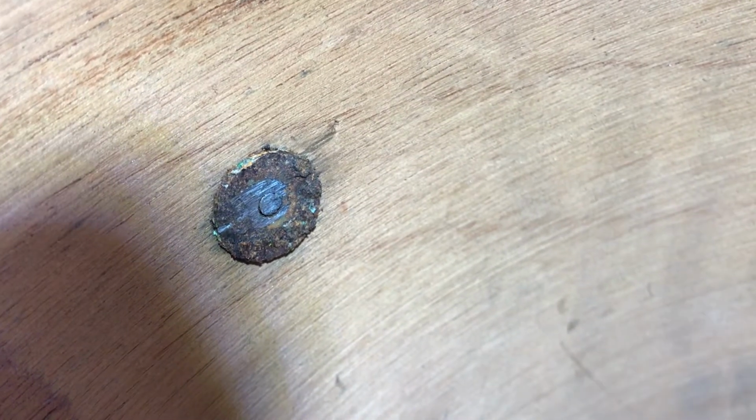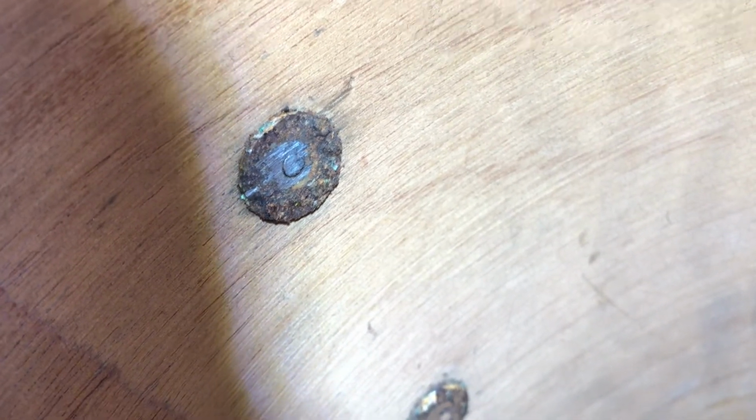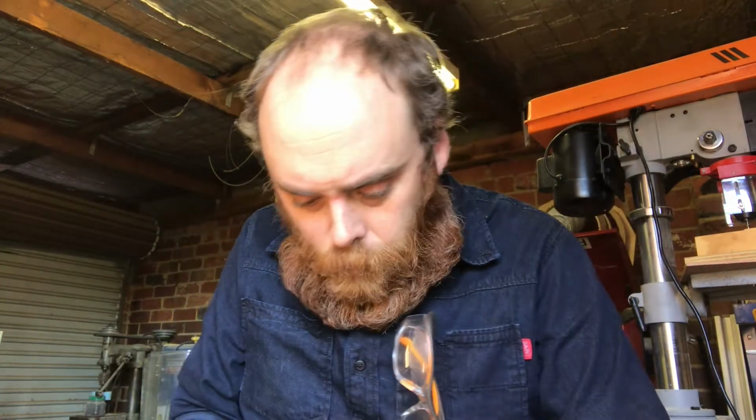Alright, so there was no safe way to do that one-handed, so I just did it off camera. But essentially what I did was chop the head of the bolt off altogether, so now I can just poke it out. Okay, so specific to this particular job,